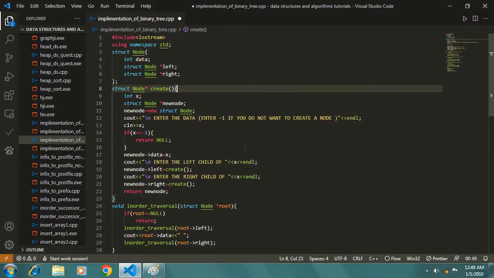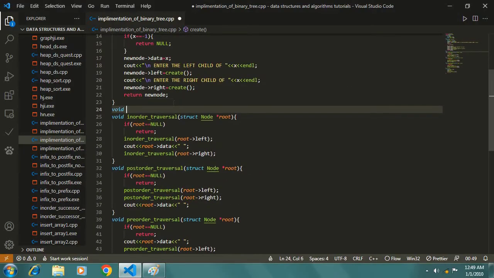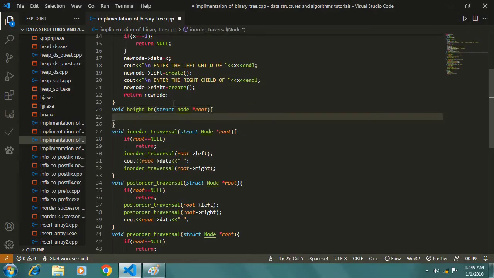So let us write a function here, void height_bt. This function receives a node type pointer root. I will explain the base case after this. Simply, I will take two variables, L for the left height.